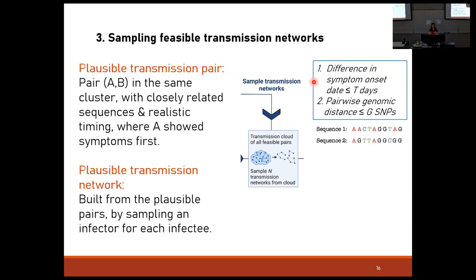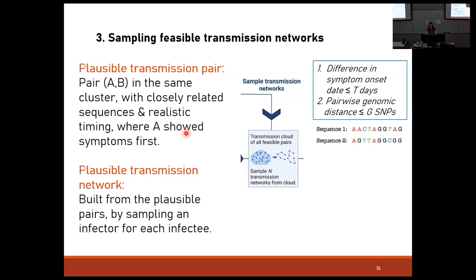Essentially, we try not to bias our estimation too much. And yes, we do specifically say that A has to have shown symptoms first. This relates back to Evan's question. So we're going to restrict ourselves to positive-only serial intervals, which may not always be the case for COVID. This comes out because we're using gamma distributions and we couldn't find a way to make it work otherwise. It is something I'd like to think about. However, we shouldn't see negative serial intervals too often, so I hope for a first pass that this is a reasonable assumption.